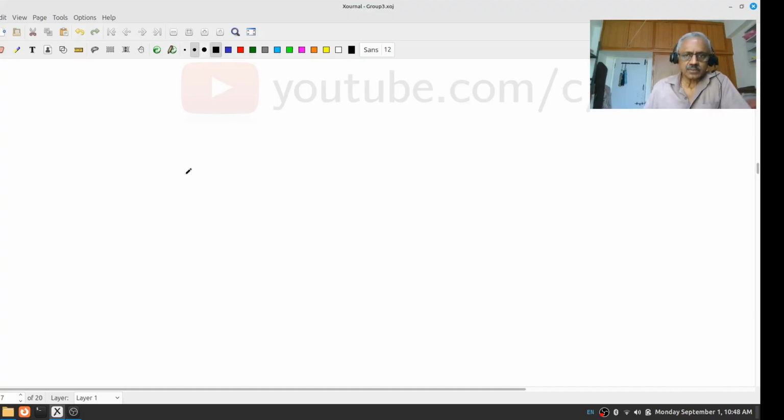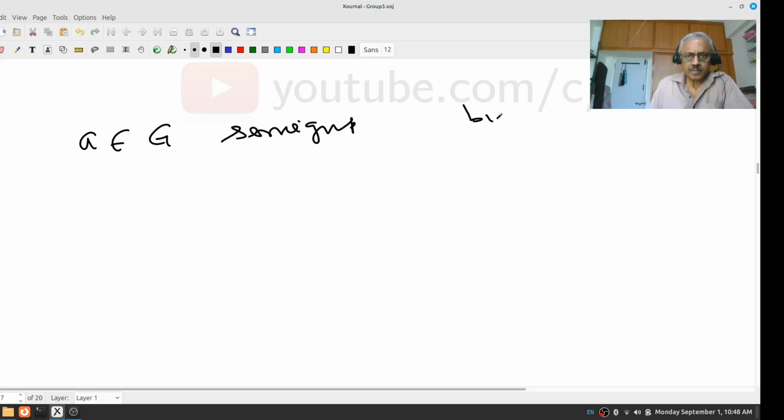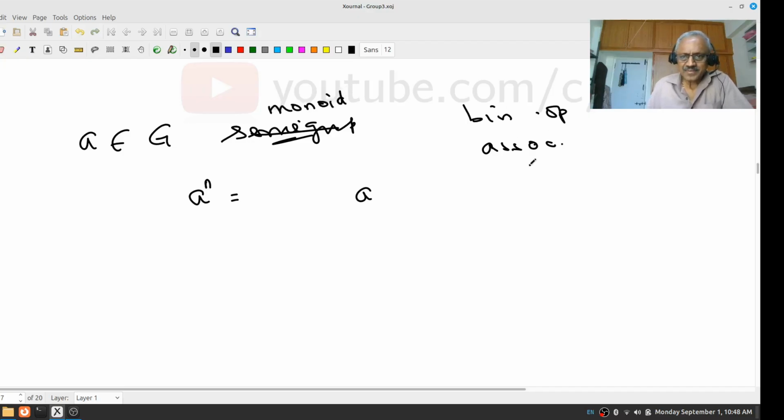Now let's go to the next one. Now remember, given any element in a monoid, okay, any element in a semigroup, what is a semigroup? Binary operation and associativity, right? Then we define what is meant by a to the power n by induction. Do you remember? And perhaps we make it a monoid. Even the last time I made the same mistake, and with identity,